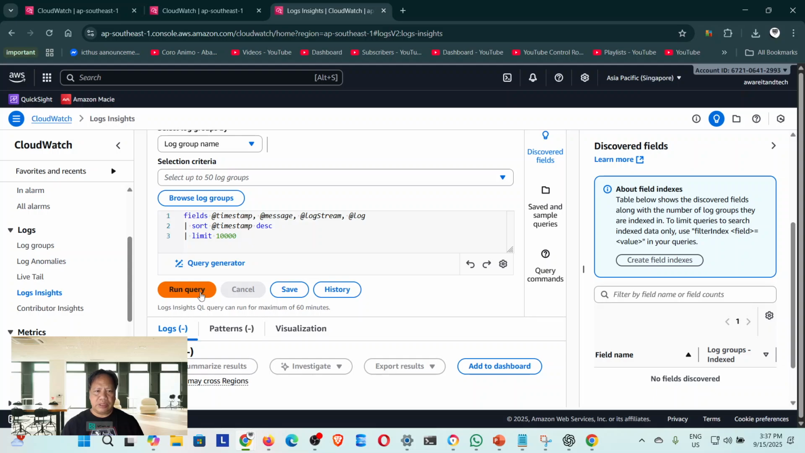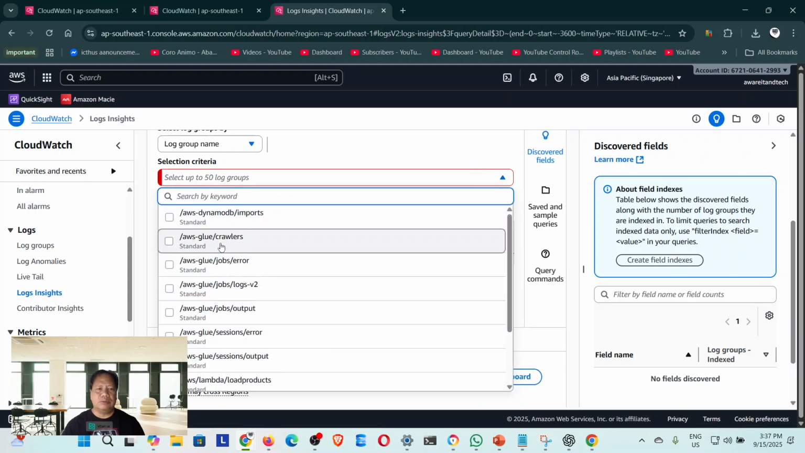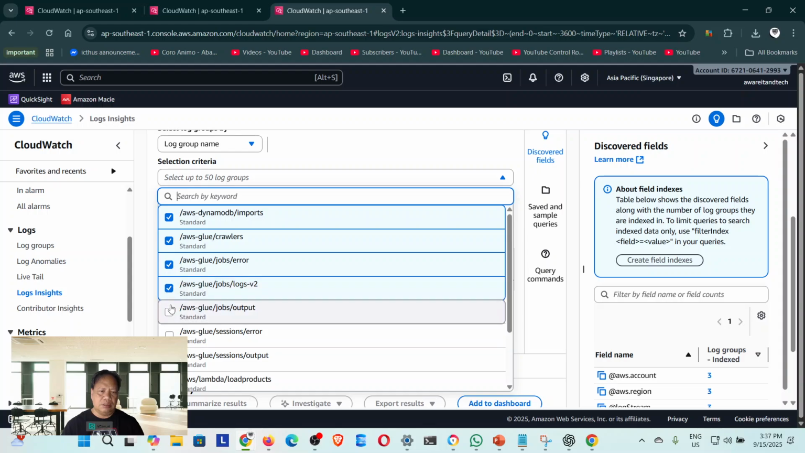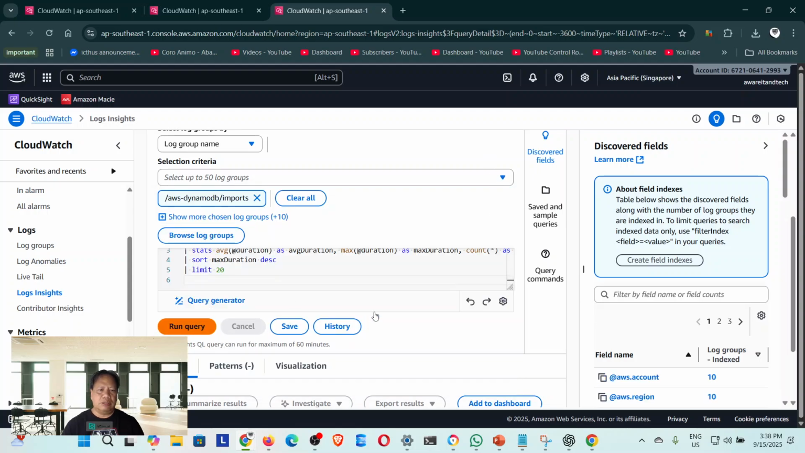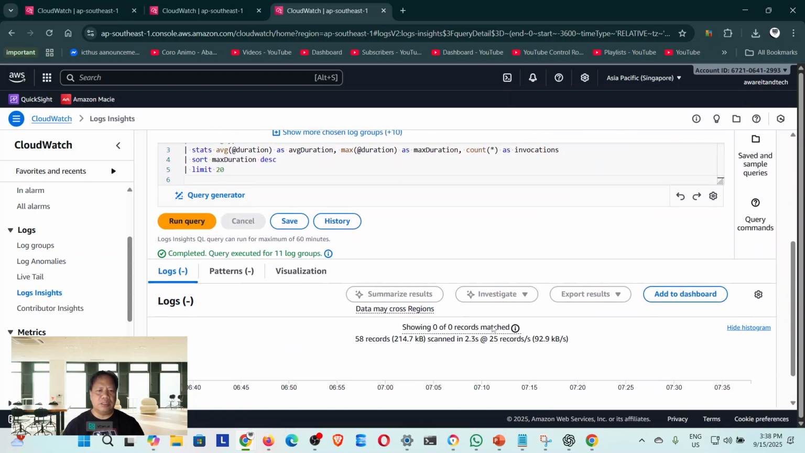There's a query there: the timestamp, request ID, duration, average duration, max duration, and then we can run that query. We need to select the log groups where we want to query. And run query, it's going to give us the